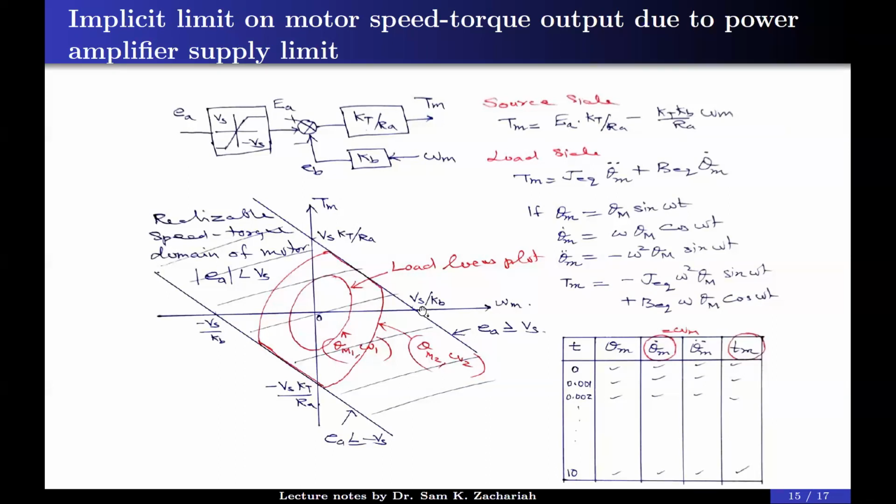Here this contour is well within the limits, but if you increase the value of the deflection amplitude, or if you increase the value of frequency, what will happen? Acceleration will increase and torque will increase, and finally the load demands a torque which is beyond, crossing the speed torque characteristics limit. So the moment this curve goes and touches the limit boundary, it cannot cross, it will traverse through the boundary and it will come out only when it is again within that.